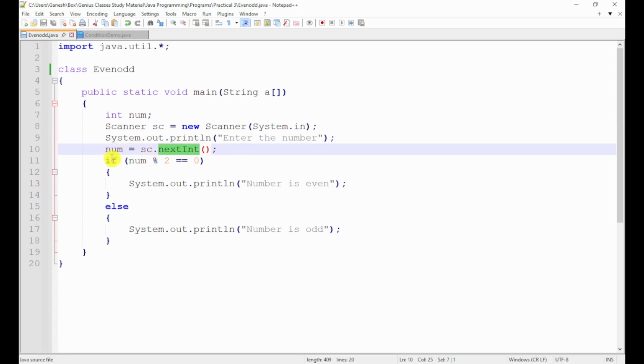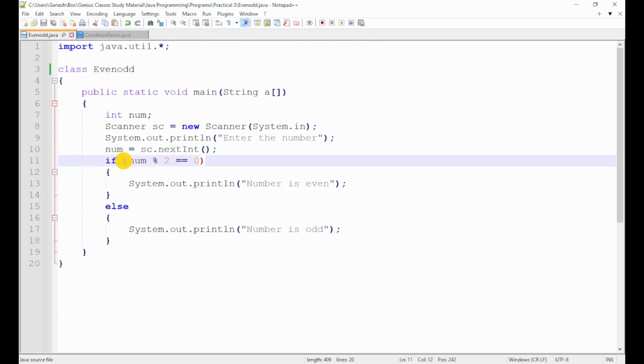So this is how our number is accepted in our program. After that, a number is taken in the program. Next we have to check whether that number is even or odd. For that we will be using an if condition. So if, then opening a round bracket, the num variable mod, that is, mod is the modulus operator, that will generate